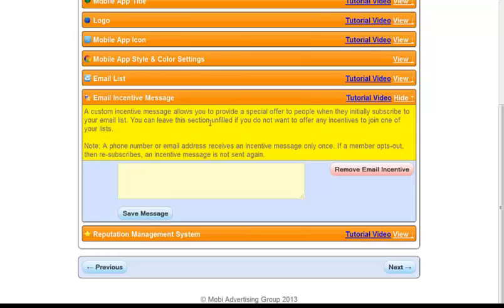This email is the initial email that goes out when someone signs up. So this kind of needs to be a little bit of a thank you email, giving them something special for signing up. You know, come in and get 10% off, get a drink with your next burger, get a free basket of fries. Come in for a free car wash in an auto body shop. Maybe you could say, come in for a free wax and buff or something like that.